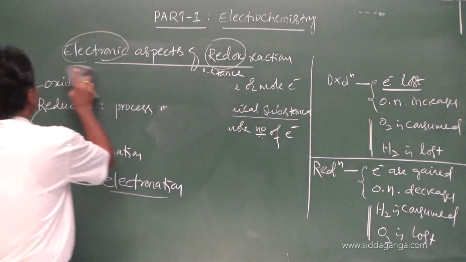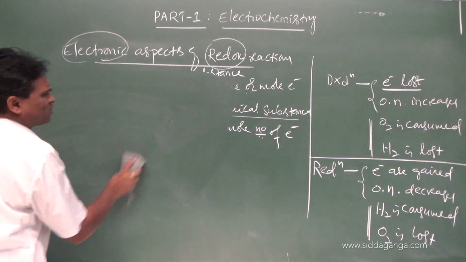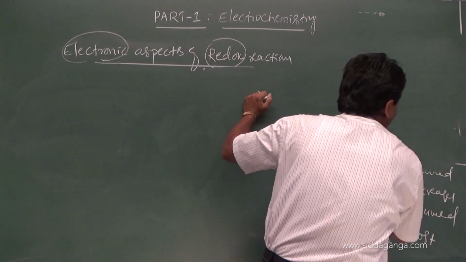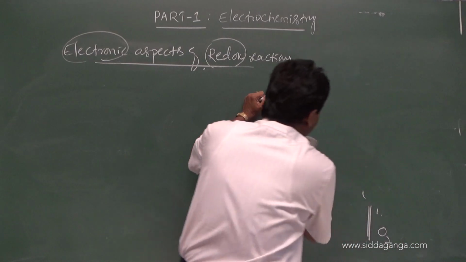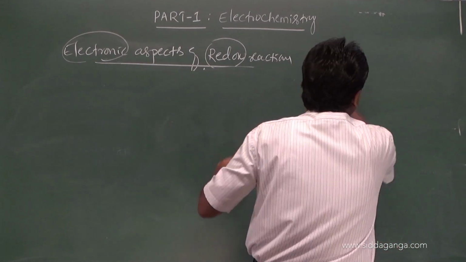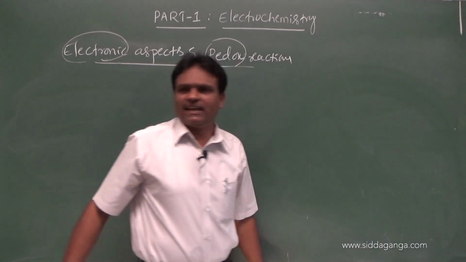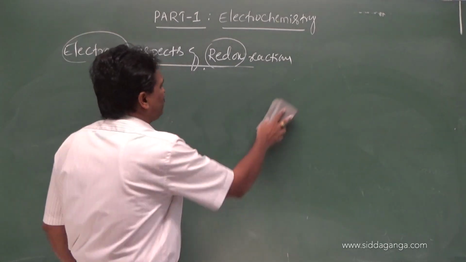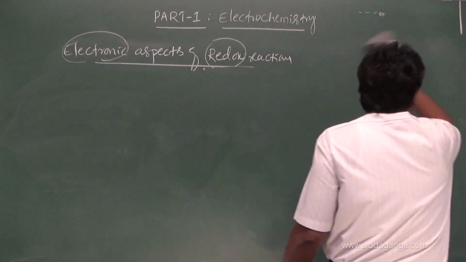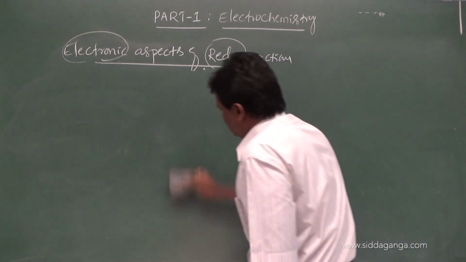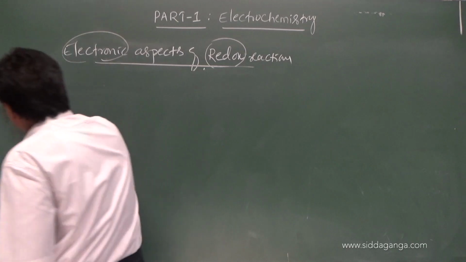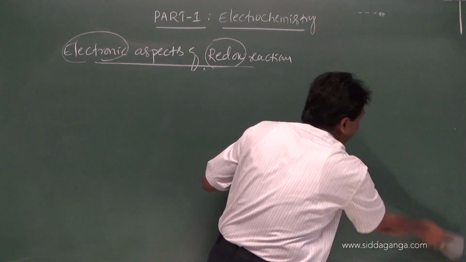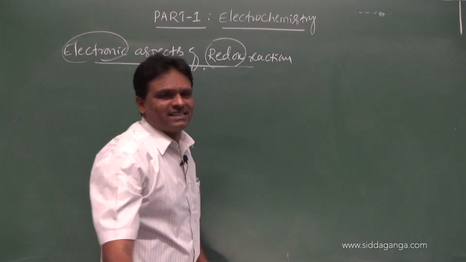Then, what are the examples for redox reaction? In a redox reaction, oxidation and reduction reactions occur simultaneously. Both happen in one chemical reaction. So when oxidation and reduction reactions occur simultaneously in a chemical reaction, such reactions